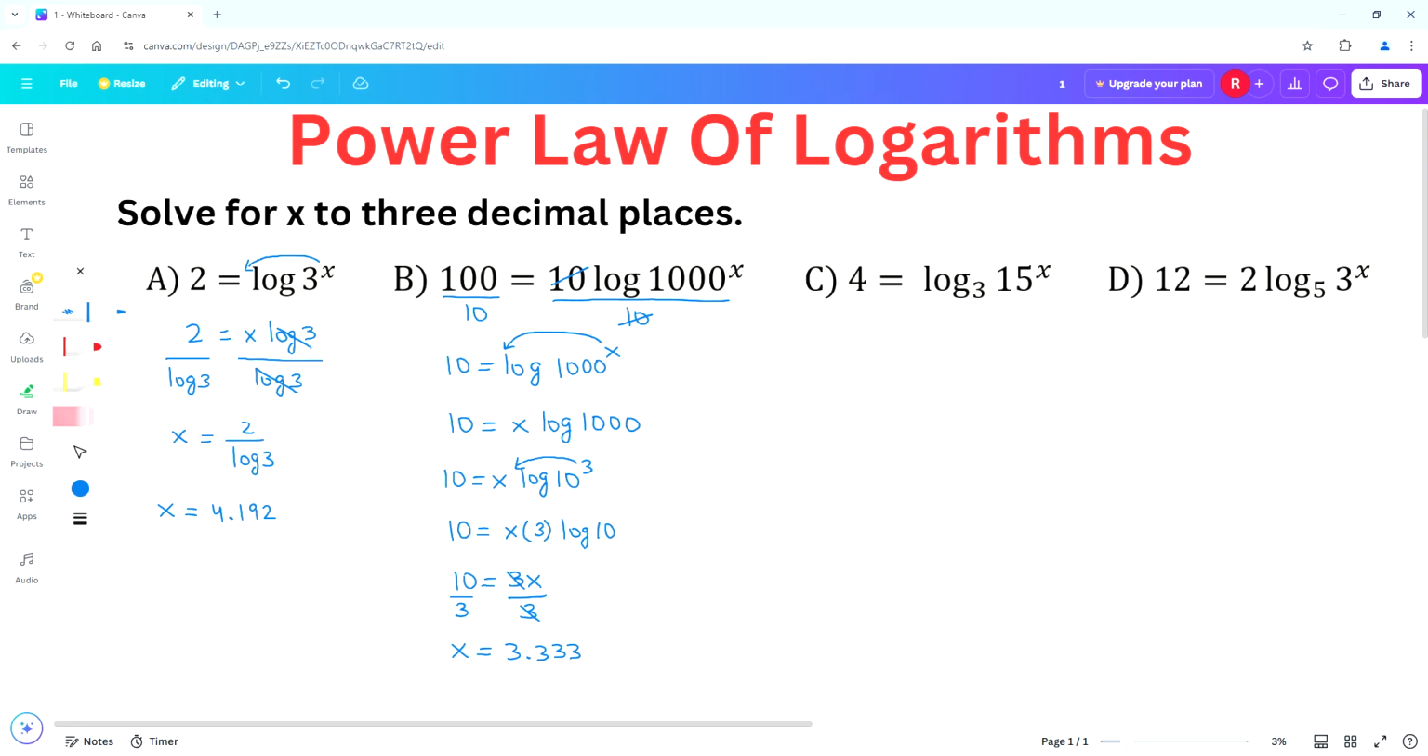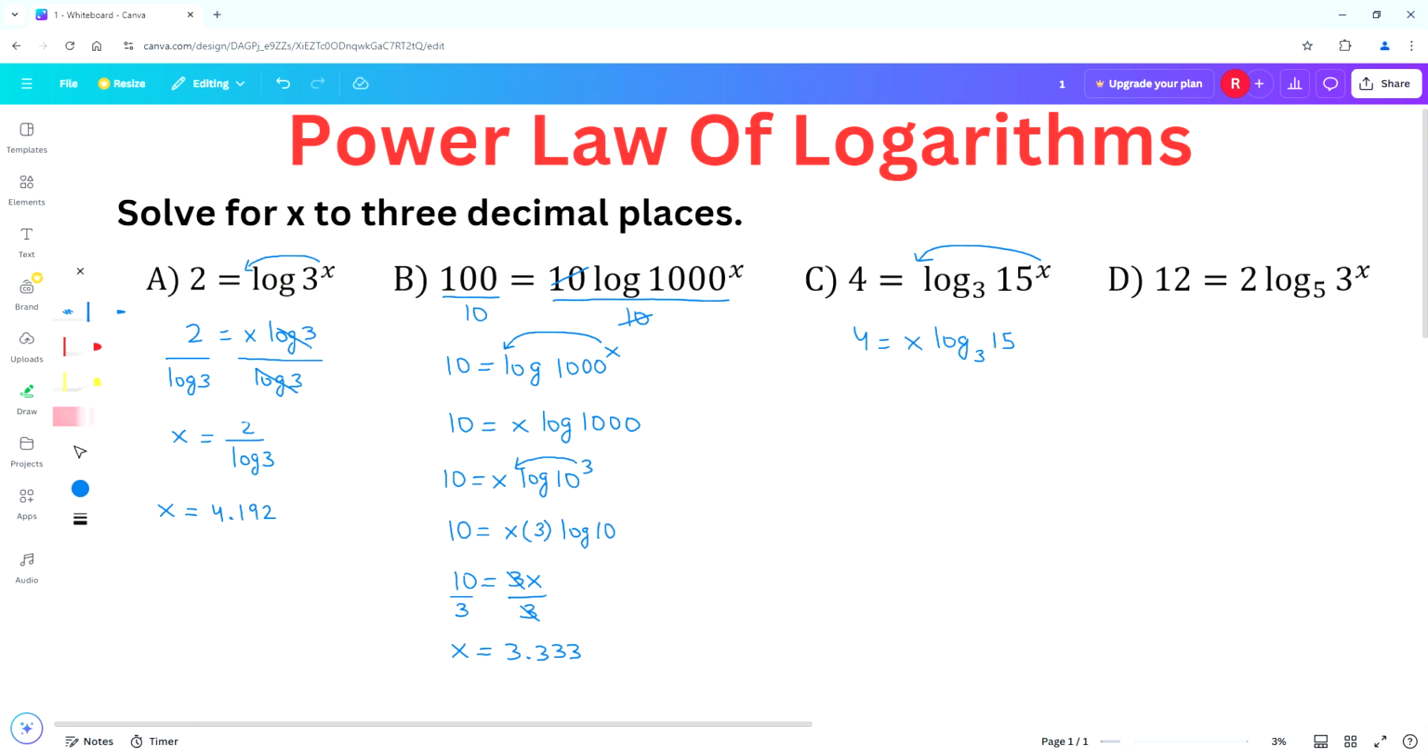Now we can answer part C. 4 equals log of 15 to the power x to the base 3. The first step is to use the power law of logarithms to move the exponent x to the front of the log term. The base of this log term is 3. It is not possible to simplify this log term using the laws or properties of logarithms, so we should evaluate